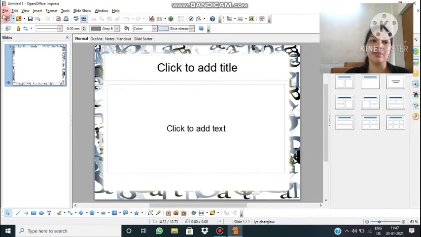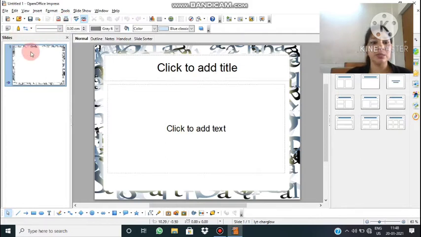Just after this title bar, we have the menu bar, where all the menu items are there: File, Edit, View, Insert, Format, Tools, Slide Show, Window, Help. Next to it, we have the standard toolbar, where for all the options which are available in the menu bar, small icons are available. Like this one for a new presentation. If you want to open an existing presentation, or save a presentation, all these options are there. Next we have the formatting toolbar, where all the formats related to the slide can be changed.